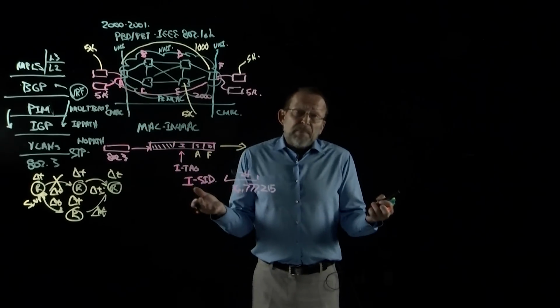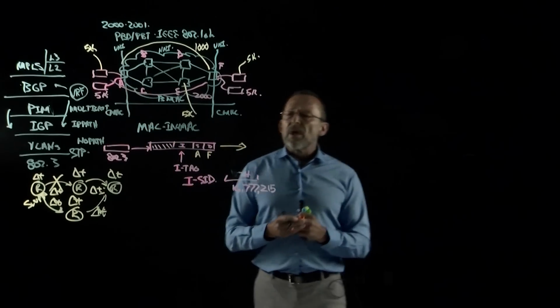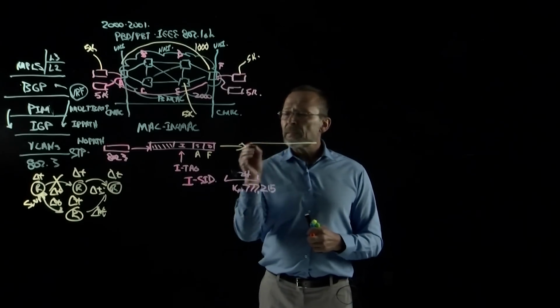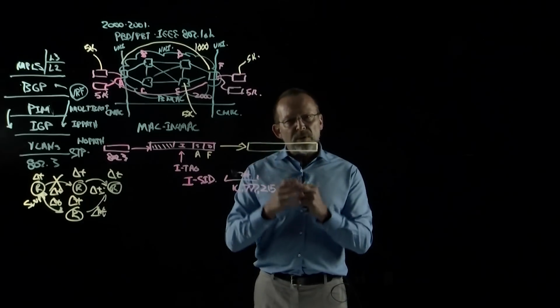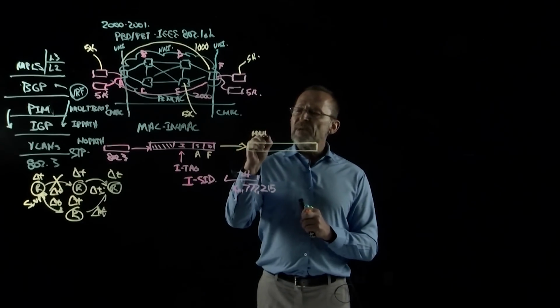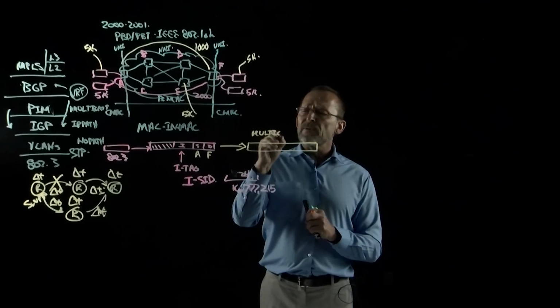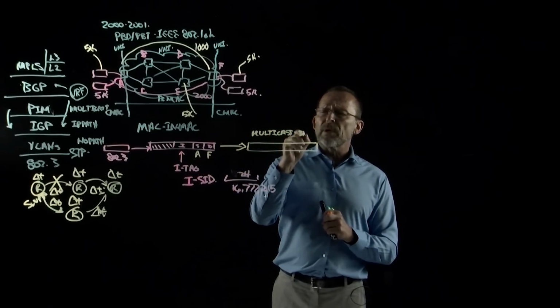It can't be represented because it's a destination address. So we chose to do a number of things. We created a multicast addressing format that embeds further information into it. So this multicast B-MAC is used to provide further information to the data plane